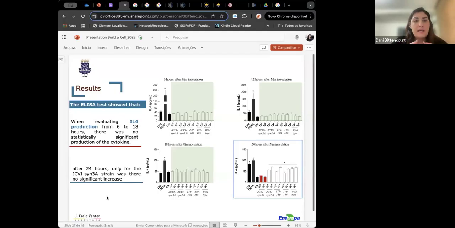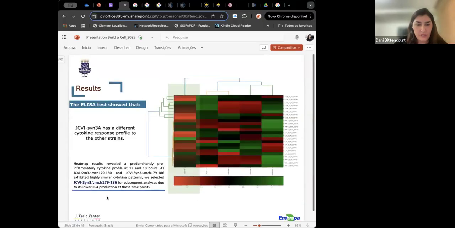But this analysis doesn't bring us too many answers, because sometimes syn3 is activating a response, and sometimes it seems, if you check on a longer period, you see that the cells are activating an inflammatory response. But when we see the whole picture,